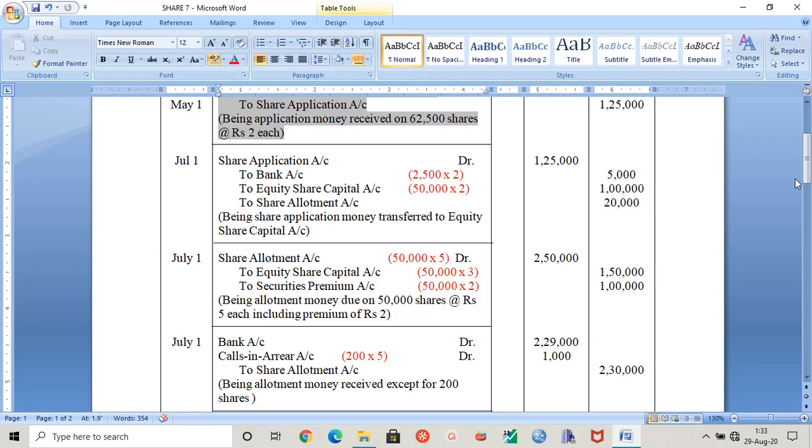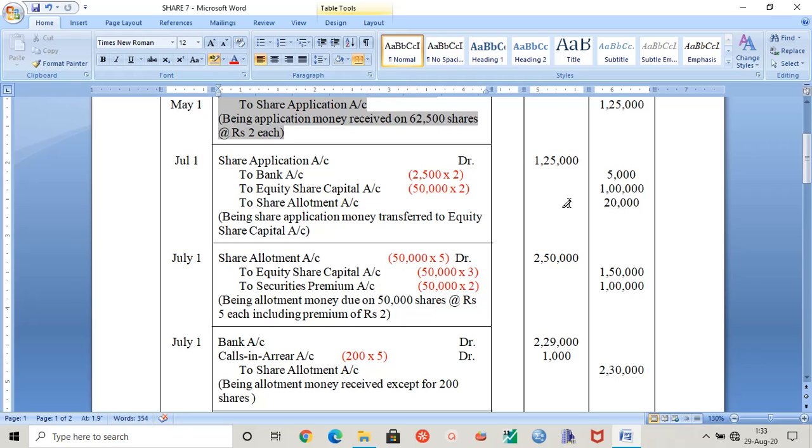However, this question is under the head issue at premium. You can follow page number 561 of your book. Under this head issue at premium, question number 7 is there, which is for the pro rata basis. So remember this pro rata, under subscription, over subscription, full subscription, you have to understand it by reading the question. You first read the question, then you understand the situation, what is happening actually here.